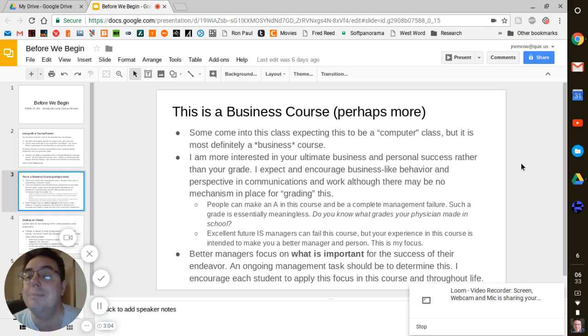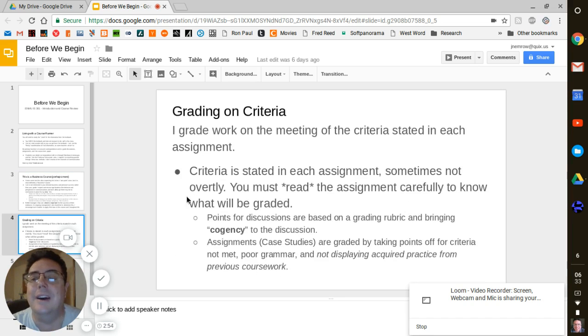So here you go. Let's talk about grading. Oh, I don't know if I want to go into grading too much. Yeah, let's go ahead and start. We don't have a lot of time. First thing is I grade on criteria. Whatever it says in the assignment that's important, that's what's going to be important in the grade. In the discussions, there's an actual grading rubric. Please click on the thing that says, here's how it's graded, and you'll see how it's graded. That's exactly how I grade it.